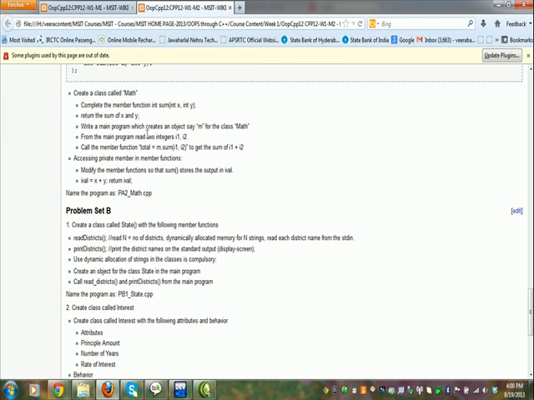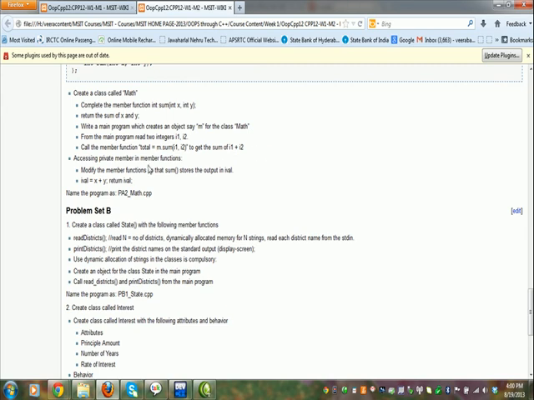Write a main program which creates an object, say m, for the class math. Creating the object is very easy, right? From the main program, read two integers I1 and I2. You can have your own statements for reading the values, and call the member function total equal to m dot sum of I1 comma I2 to get the sum of I1 and I2.